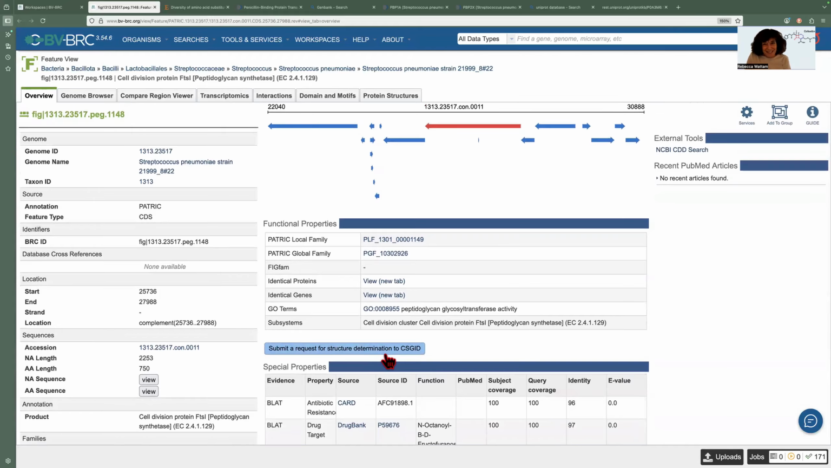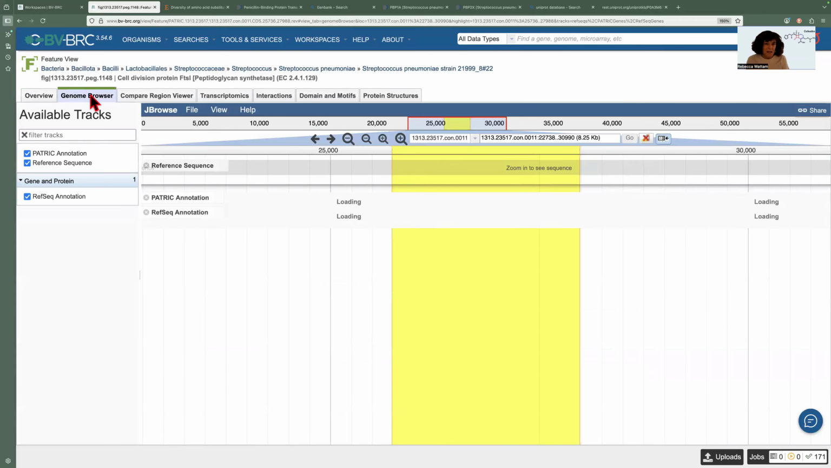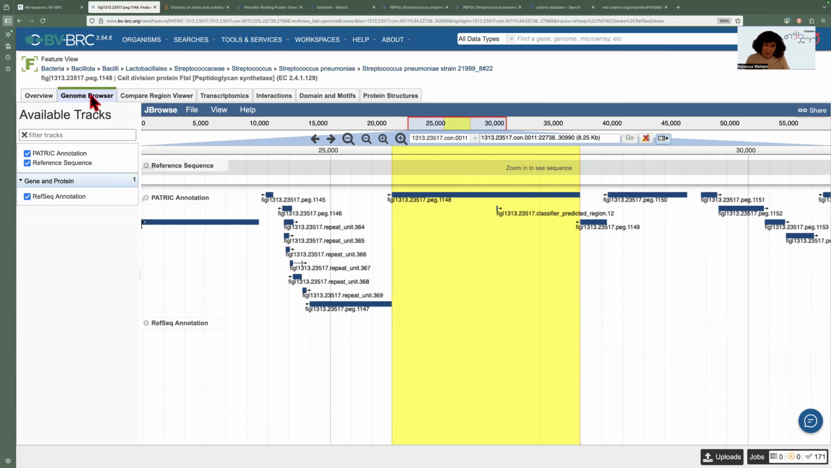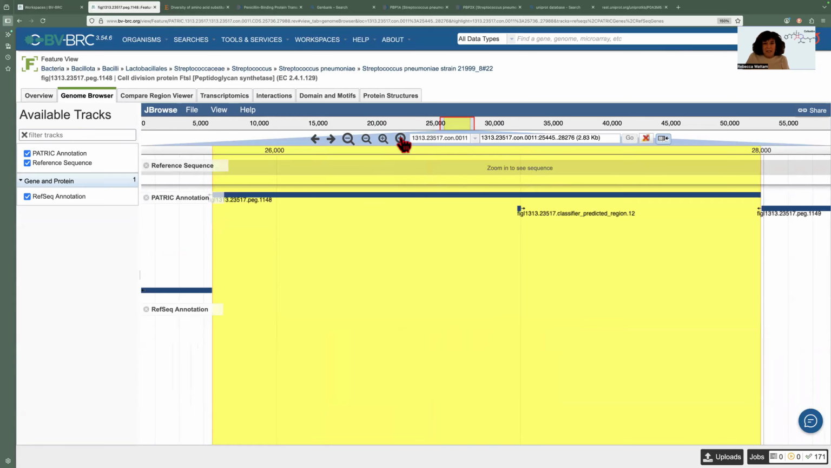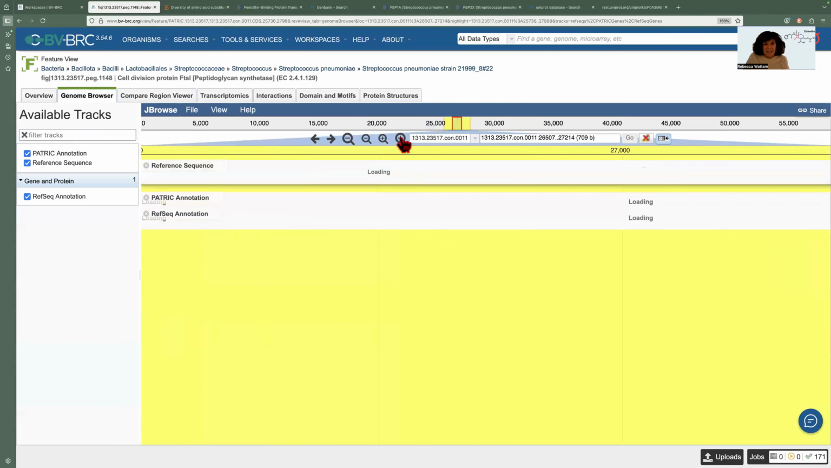But wait, that's not all. There's even more on this page. You can look at the genome browser. Looking across the whole genome, it'll show you this particular gene. So let's click on that. Okay. It's popping up, and you notice that bright yellow spot? It's showing you where your gene is in the grand scheme of things, and you can zoom out and see more, or you can zoom in and in